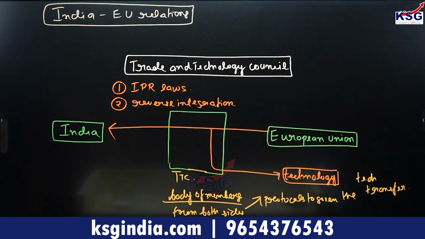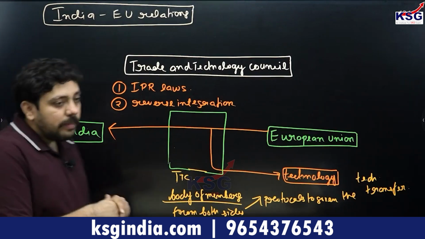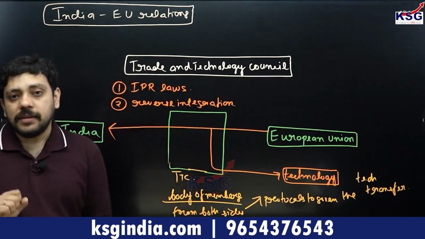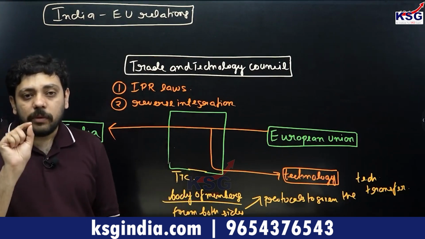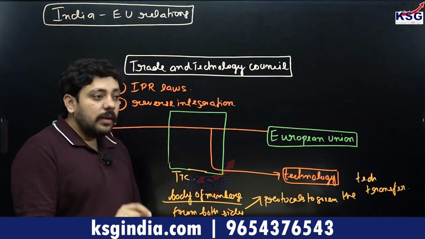So, for example, if some kind of artificial intelligence technology is being transferred from the European Union to India, and there are certain laws that the European Union wants India to adhere to while using that technology, those laws and protocols would be made by the TTC and would be enforced and supervised by the TTC. So what the European Union wants to do is transfer technology to India, but on the basis of certain protocols, certain ideas, certain concepts and certain norms which have to be followed by the countries who are receiving technology.